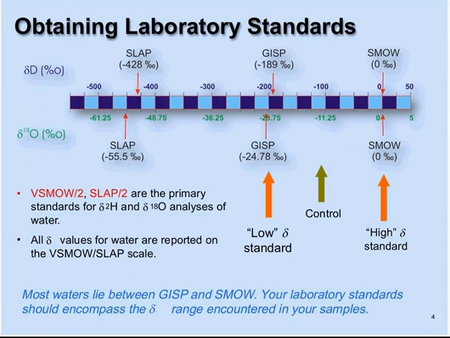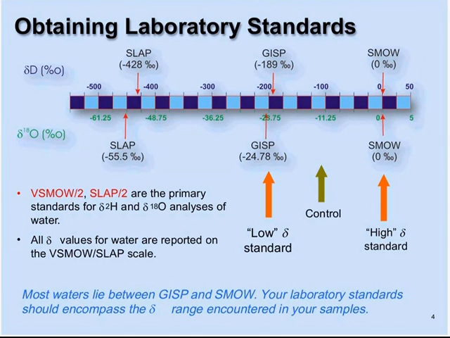Now, for this crowd, probably most people know the calibration scale, of course, is the VSMOW-SLAP scale for O18 and deuterium, as shown on the top here. And VSMOW, VSMOW2, and SLAP2 are the primary standards that are used for O18 analysis and calibration of waters. Of course, they're only available to you on a limited basis, in a small amount, every 3 years or so. Now, practically speaking, most natural water samples, fresh waters, for example, lie somewhere between SMOW and GISP, as shown